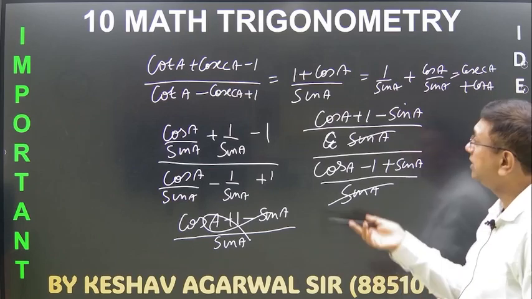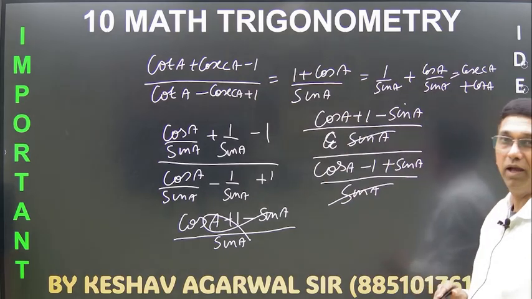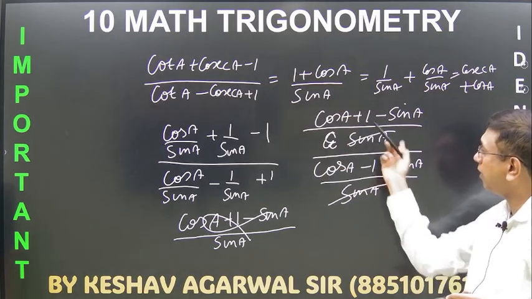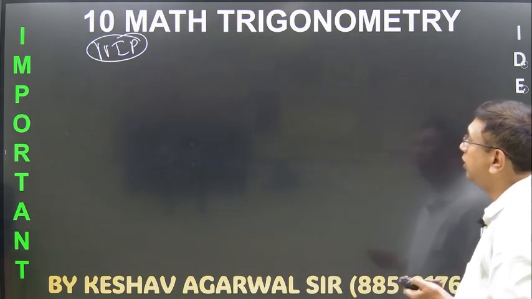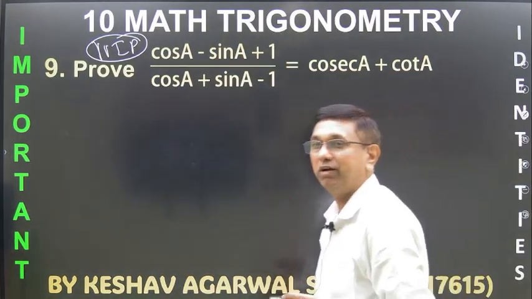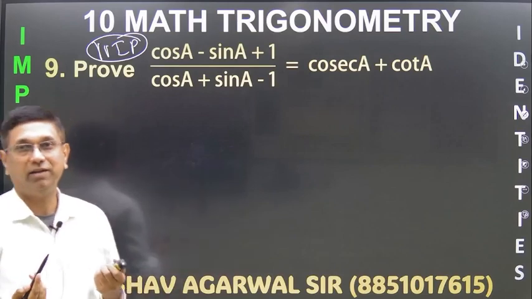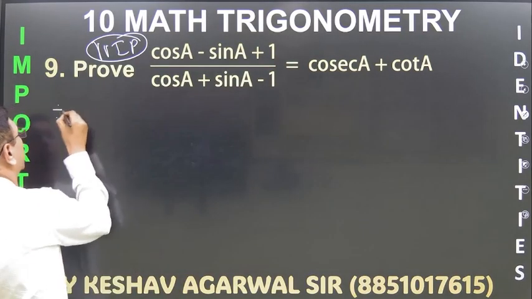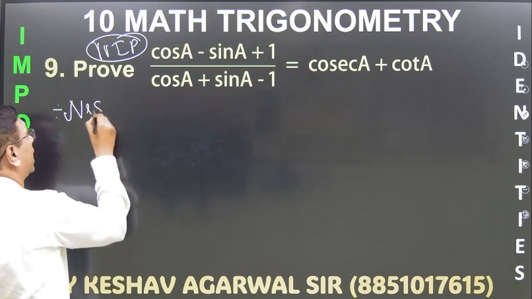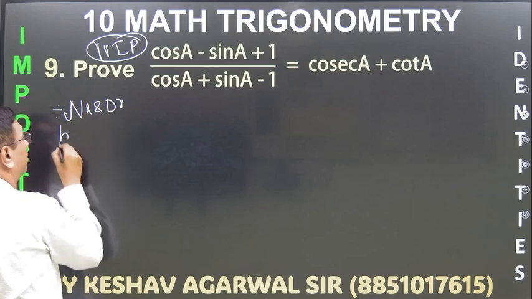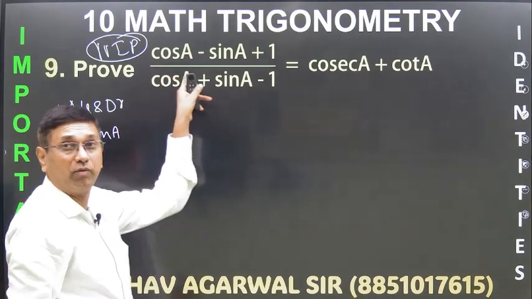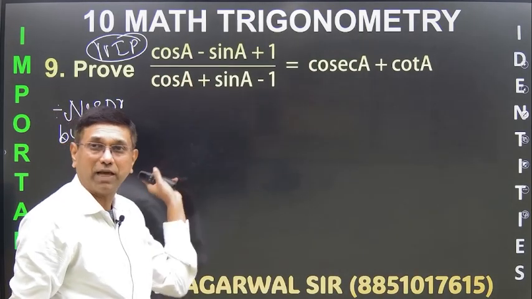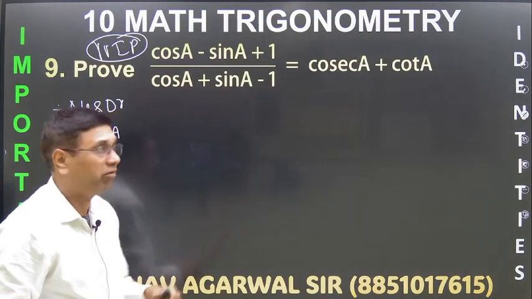So what they have done, they have converted this question here and made you more confused. So what do we have to do? Go back. To go back, we will have to bring sin below. That is what they have done. Divide numerator and denominator by sin A. Why sin A? Then only cosec will come. If cosec is coming then divide by sin; if second is tan then divide by cos.